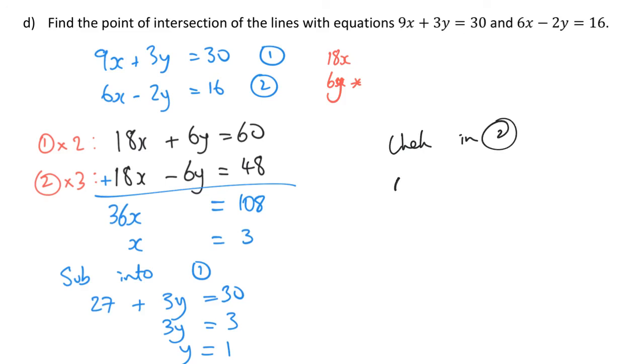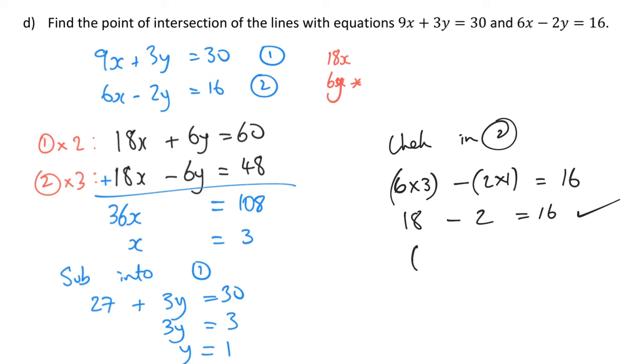Equation 2 is 6x, so that's 6 times 3, minus 2y, so 2 times 1. We'd hope that should equal 16. So 18 take away 2 does in fact equal 16. So the equations match up. So then that means that the point of intersection, the coordinate, is 3,